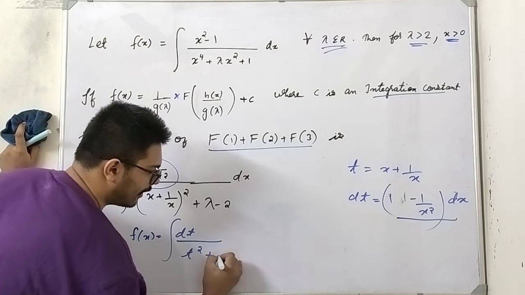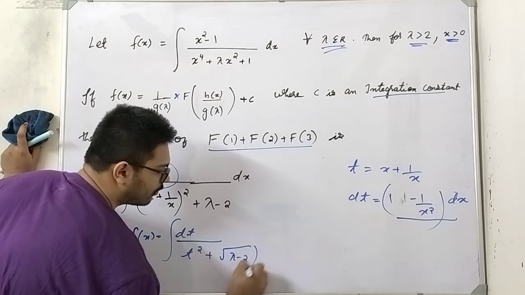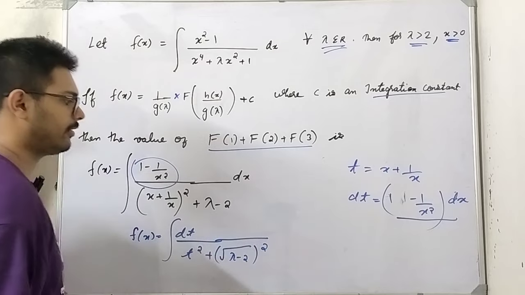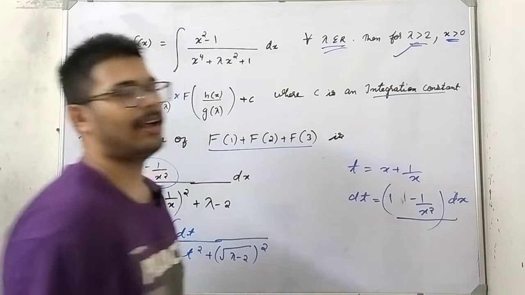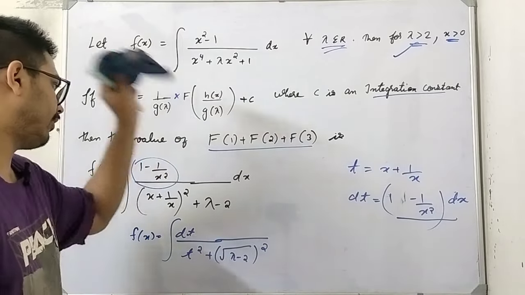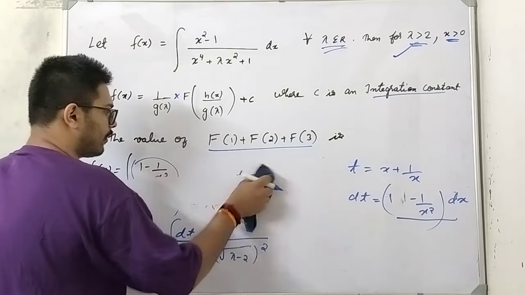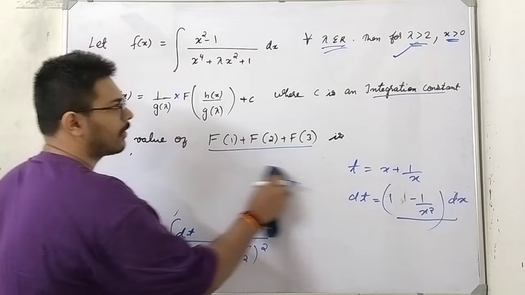See, this value lambda minus 2 I can write as root of lambda minus 2 the whole square. That's why we have been given that lambda is greater than 0. They have provided the information. Now this is of the form